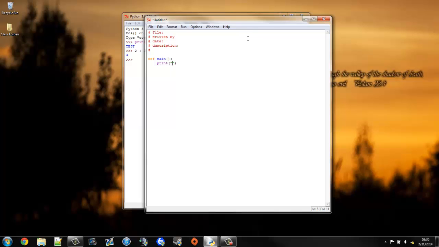So you could say, people generally do hello world. Yeah, you can do that. But you can also do print with a variable, and I'll go over a lot more of this in later tutorials, but I'm just going to do print hello world so that you can get just a general idea of